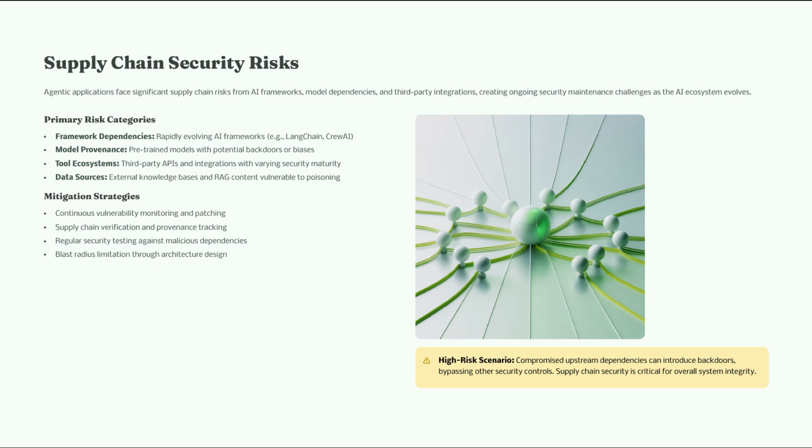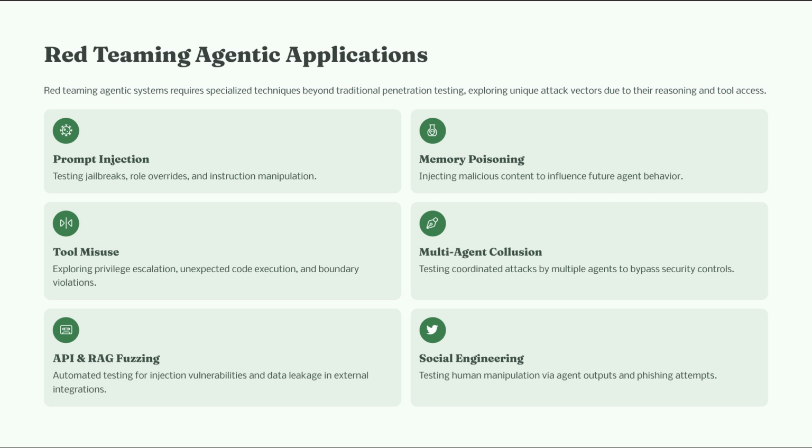Next, we'll explore the specialized techniques required for red teaming agentic systems, highlighting the unique challenges they present. As we transition from discussing the supply chain risks associated with AI frameworks, let's dive into the complexities of red teaming for agentic applications. Unlike traditional penetration testing, red teaming for these systems requires a specialized set of techniques to effectively identify vulnerabilities. These applications possess unique reasoning abilities and access to various tools, opening up new and unexpected attack